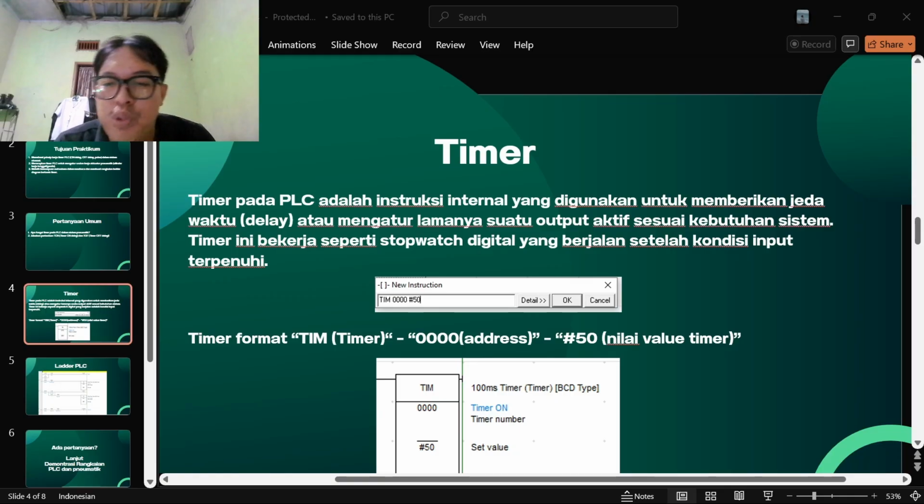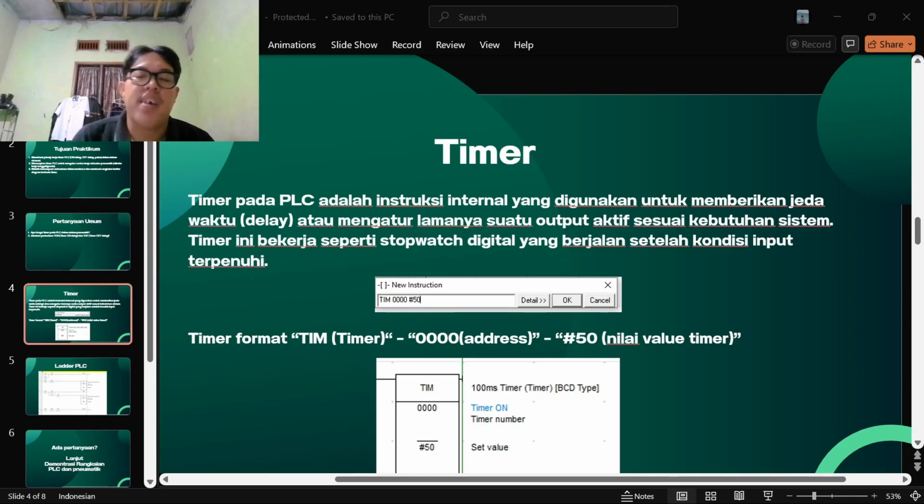The output remains on for the preset time and then turns off. Example, a fan continues running for 10 seconds after the stop button is pressed.